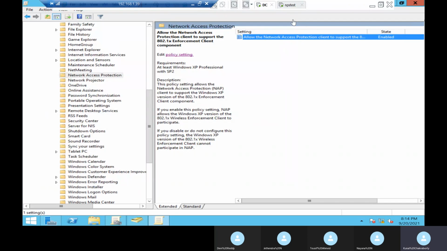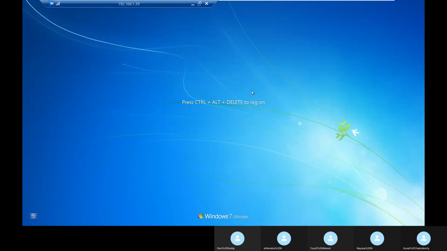Now what we need to do, we need to go to our NPS and just log in with any user. Let's log in here like this.